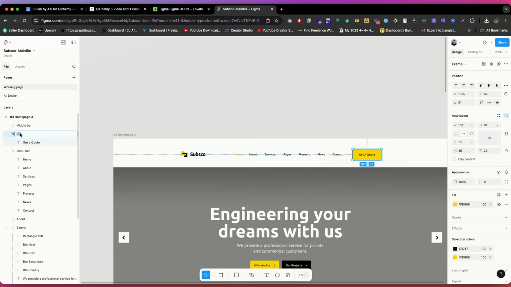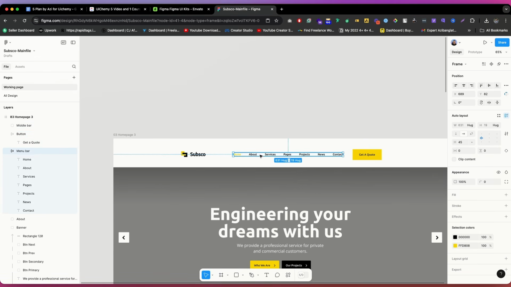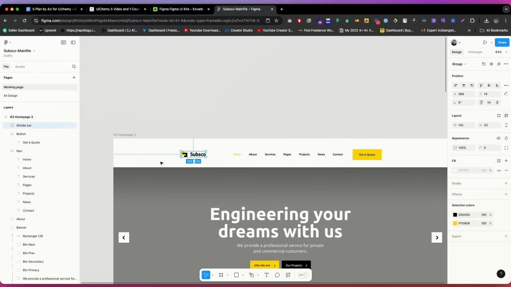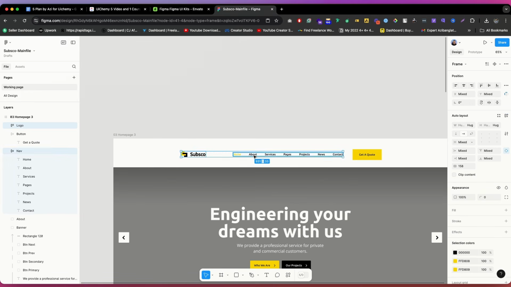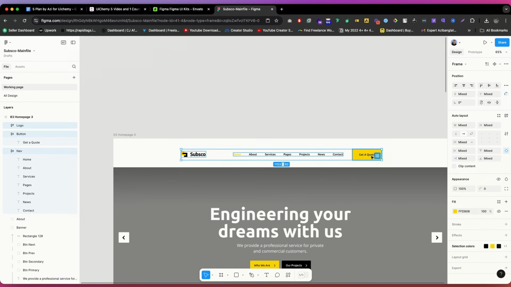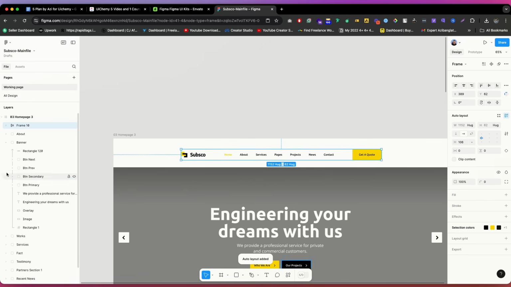And we can literally say this is a button, so we can name this button, and this is something nav. We can simply search it on the nav, and this is our logo. So what we can do, we can simply name it logo, and we can make them auto layout. So yeah, this also in auto layout. Now we can select 3 of them, simply select 3 of them this way. Shift A. If we press Shift A, then as you can see, we also get auto layout,